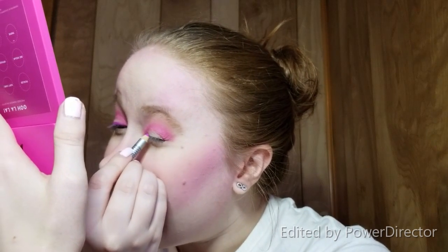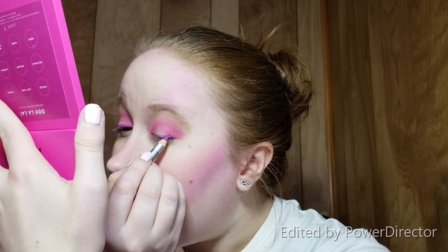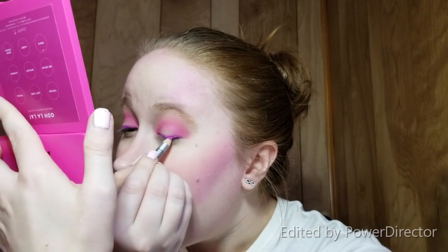Like, I know I said I don't know what I'm doing, but I at least have a vague idea, which is why I already have all these products ready. Because like I said, I'm excited. I feel like I want to do more looks like this because I'm not a very creative person. So when I get that little spark of creativity to do something...